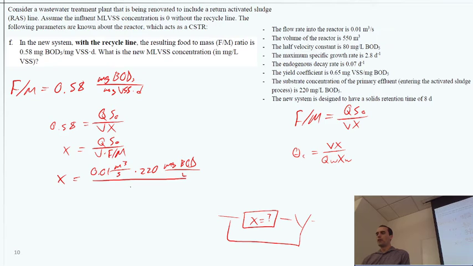And we'll divide that by our volume, which is 550 cubic meters, and by the 0.58 milligrams BOD per milligrams VSS